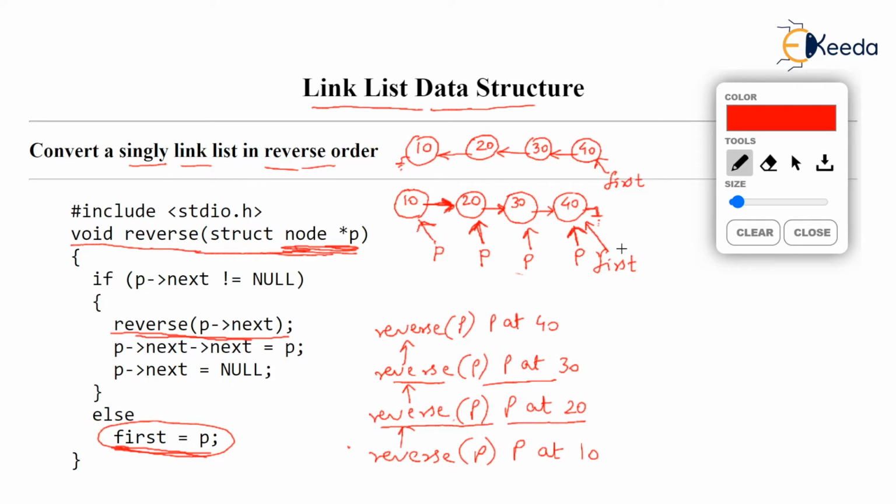Okay, now what? Now the next line runs, obviously, after first equal to P, and the function comes to an end, you watch. But which function is coming to an end? The function, obviously, which is executing, and the function which is executing is reverse P with P at 40. Look, I am striking out the function. Reverse 40 has come to an end because it has finished all its lines. It has executed else, and after else there is the end of the function.